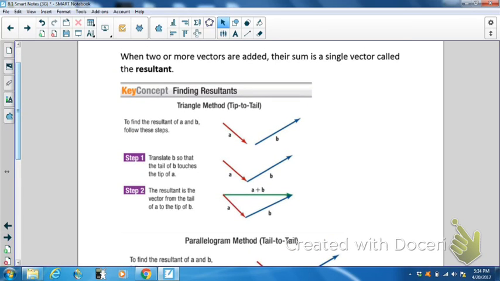When two or more vectors are added, their sum is a single vector called the resultant. And so this is where we're going to add vectors together. We've got a couple of options for doing that. One way is called the triangle method, and what we're going to do is make a triangle. And you do this by